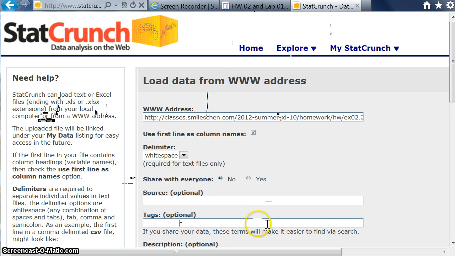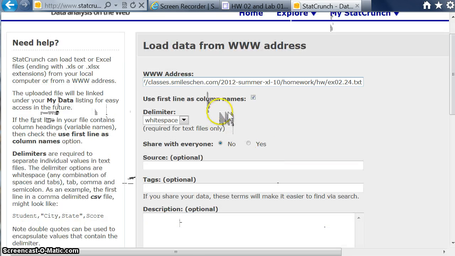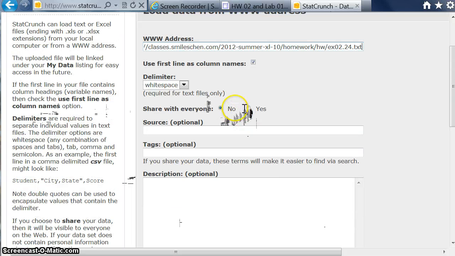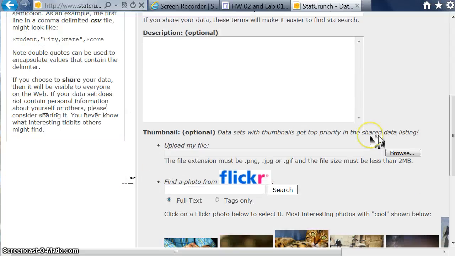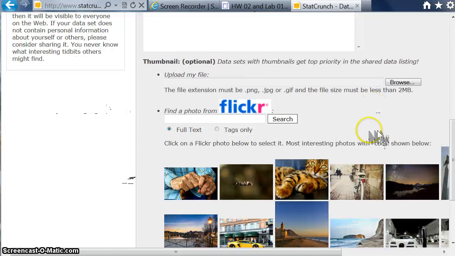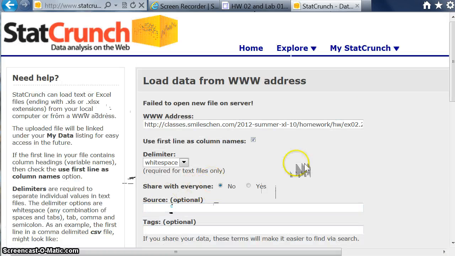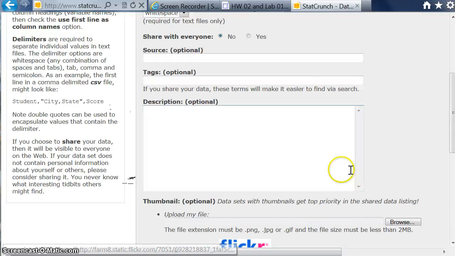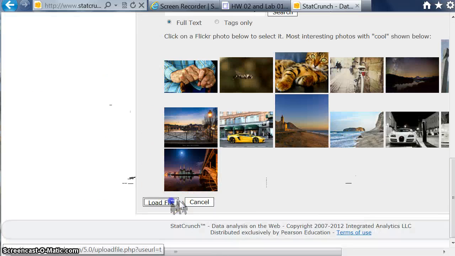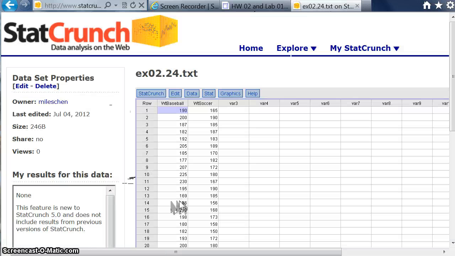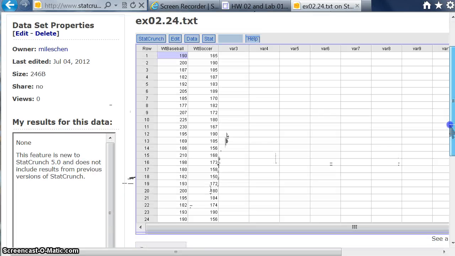So I just enter the web address that I copied and pasted, and yes, the first line as column names. And if this doesn't work, we can always go back and try loading the data set again. You can just choose the default options, delimiters, white space, it might be a comma separated file or something, and then just go ahead and click Load File. Okay, so I clicked Load File, and here we've got the data loaded, and this is the same data